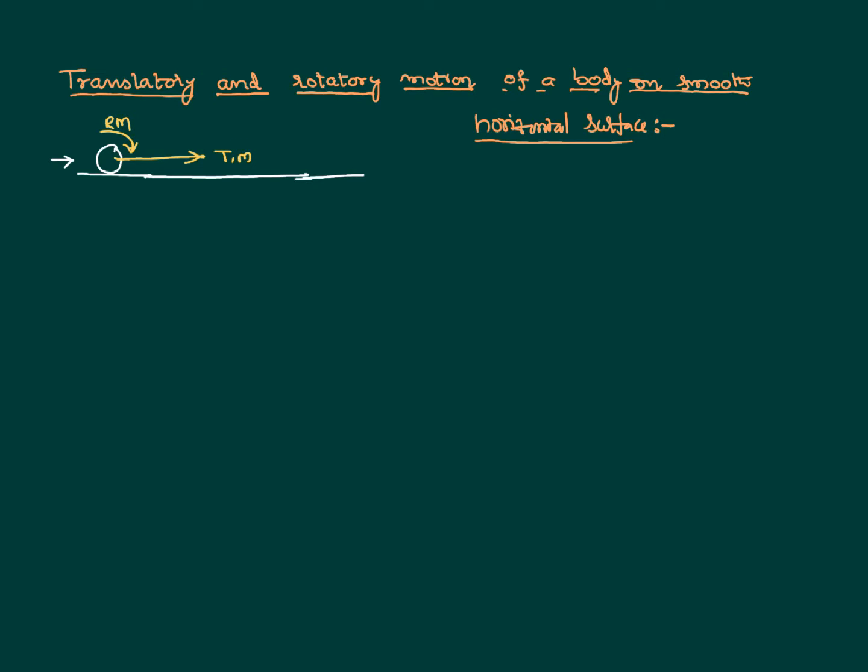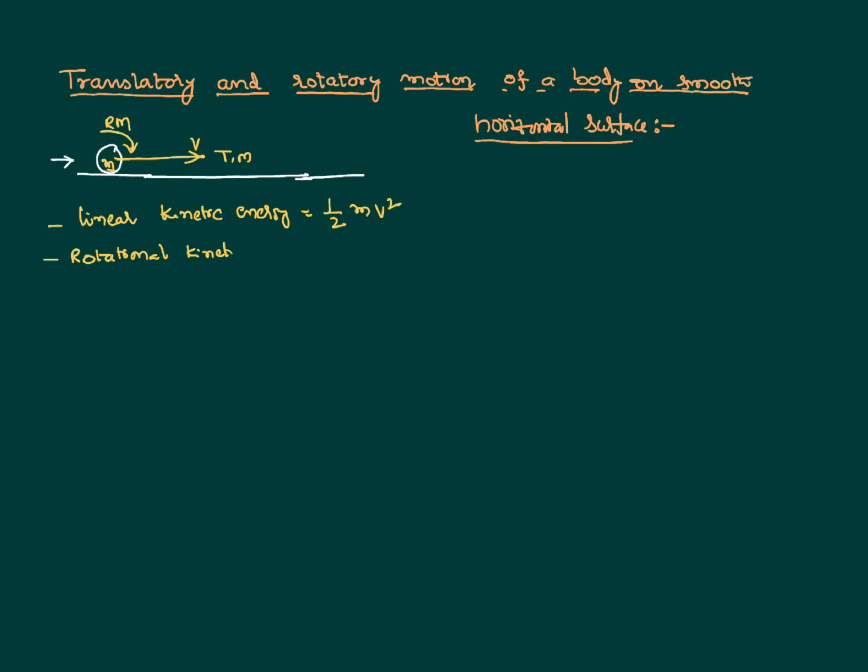Because of the translatory motion, it will have linear kinetic energy, that if the body is moving with a velocity v, its linear kinetic energy or translational kinetic energy could be expressed as half m v square, assuming that m is the mass of the body. As the body is also having a rotational motion, it will have another kind of energy called rotational kinetic energy,